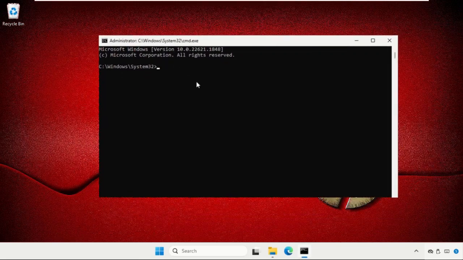We need to execute the command ipconfig /flushdns and hit enter. So once done, simply type exit